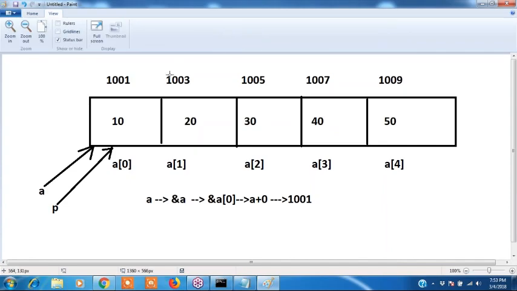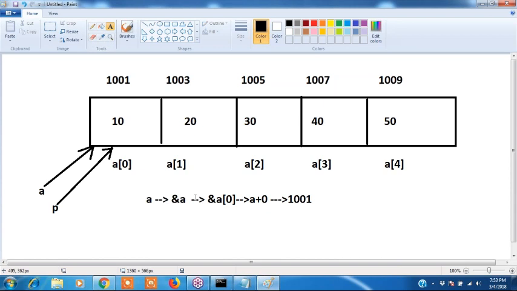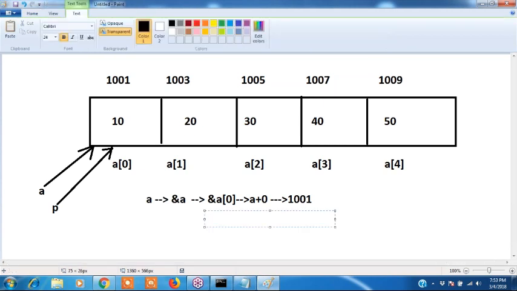Okay, guys, see, I want the second element address. How to get the second element address? We can write address of A of 1. Are you following? If you write address of A of 1, you will get the second element address. Or we can write A plus 1. If you want the third element address, write address of A of 2, or we can write A plus 2. This is the way you can write the addresses.